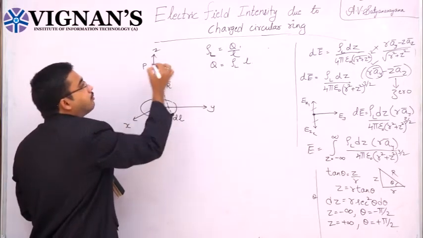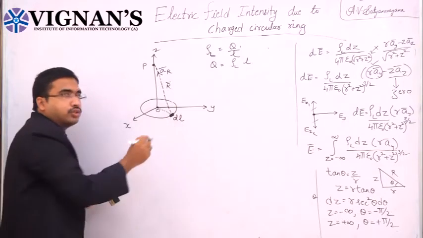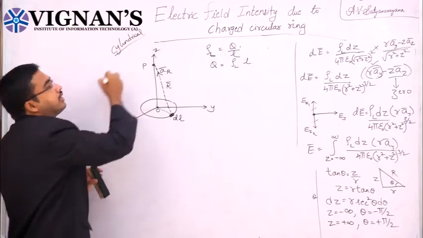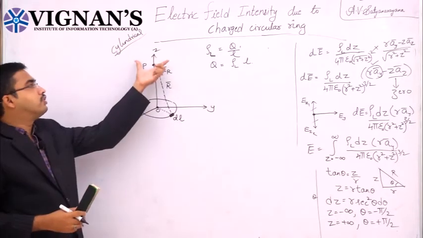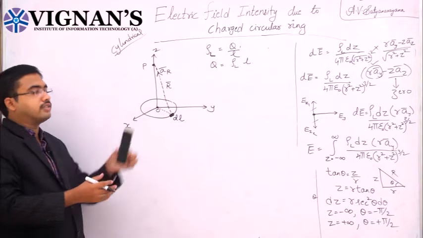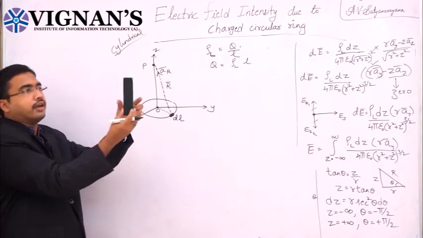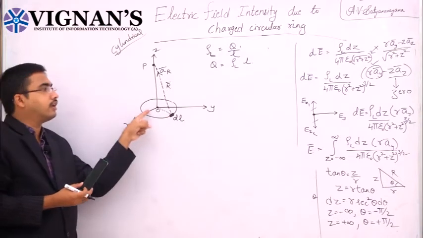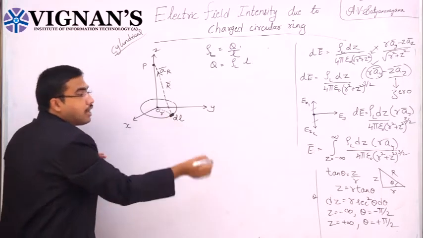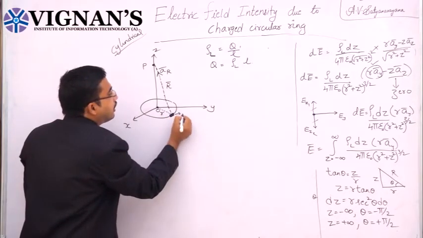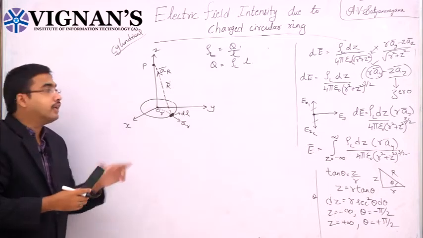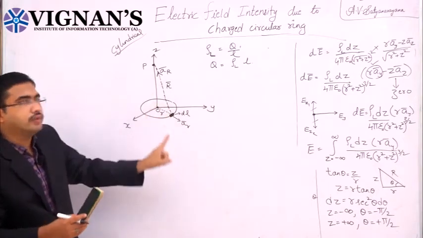This is the unit vector ar bar, and here the actual system we are considering is the cylindrical coordinate system. That means I am assuming a cylinder of radius r along this circular ring. If you consider a cylinder like this, which is round in shape, at the center you will have this charged circular ring whose radius is r, and the unit vector is ar bar towards outside. This is the differential length dl. The unit vector here will be ar bar towards outside. But here the electric field intensity is acting inside towards that point P.